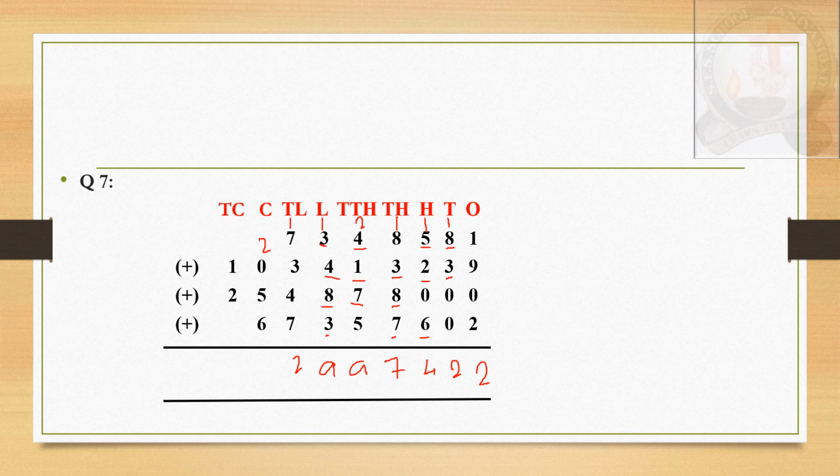So 2 plus 0 is 2, 2 plus 5 is 7, 7 plus 6 is 13. So carry 1 to the next digit. So 1 plus 1 is 2, 2 plus 2 is 4. So 4 you should write here. Now if you add all this, just put a comma. So you can read 43 crore 29 lakh 97.